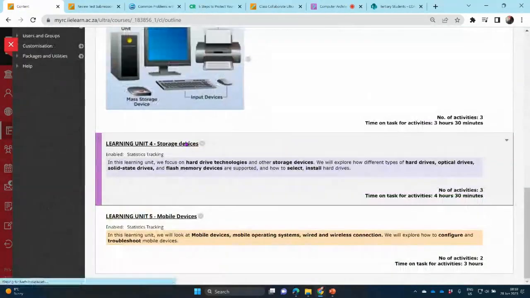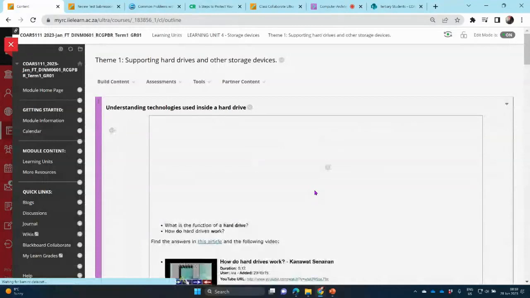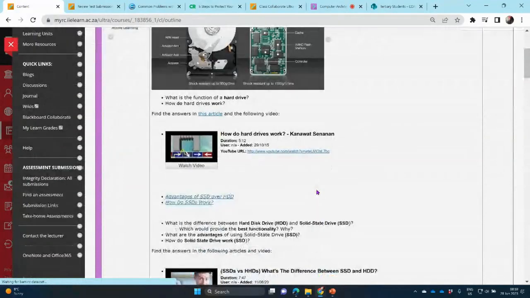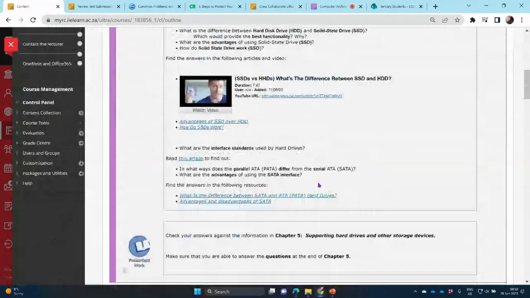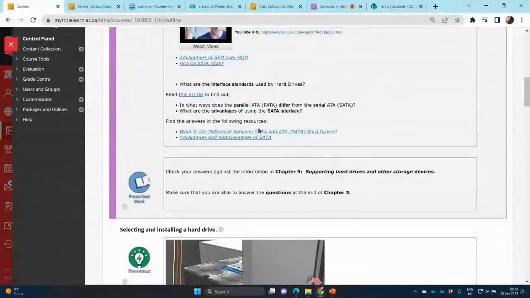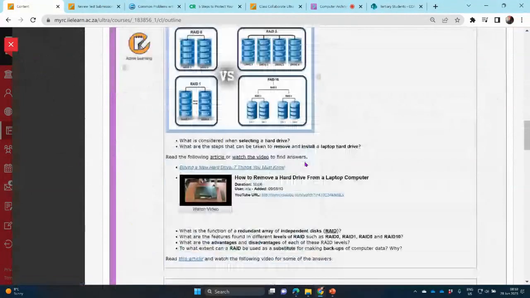So I'll go back and look at storage. There are the different types of storage. Here they are speaking about the difference between a hard drive and solid state drive. So I'll have a look at the difference between SATA and PATA hard drives, how to install. Then they're speaking about RAID,